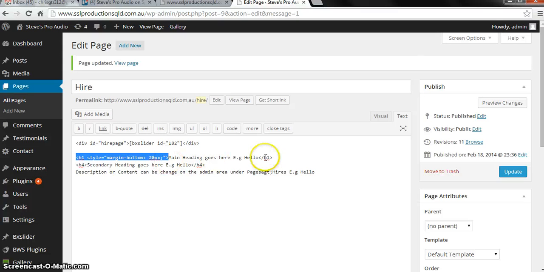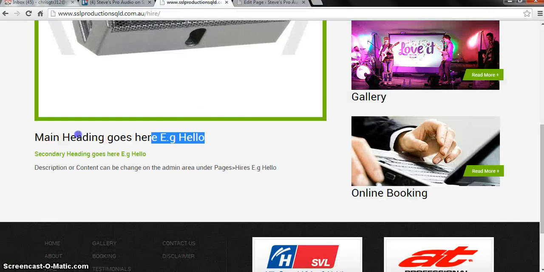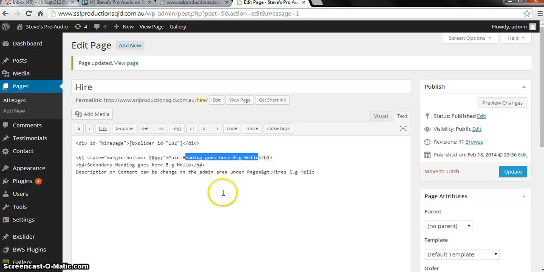So as you can see, between this code, we have the text called the main heading goes here, which is this is the main heading. So this is already the text in here. You can change this if you want, something like this, or this is my heading, something like that. And also, let's say, this is my main heading instruction.